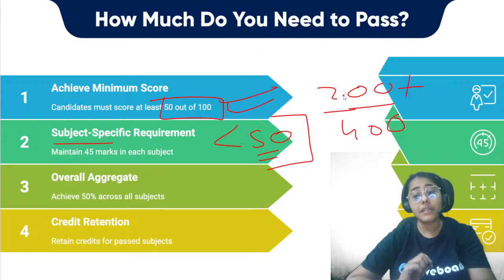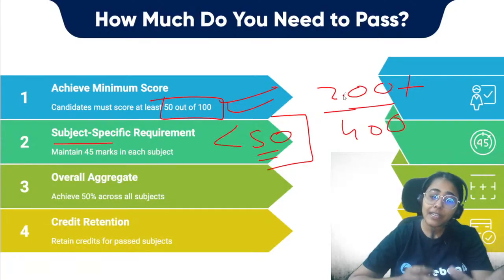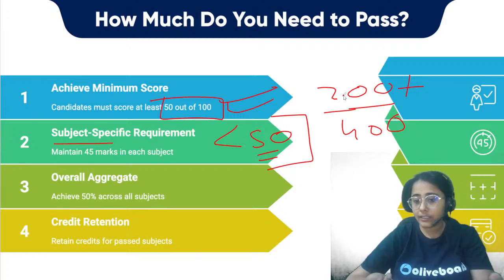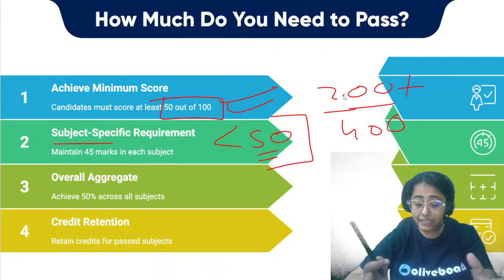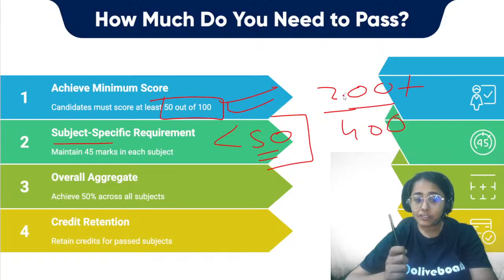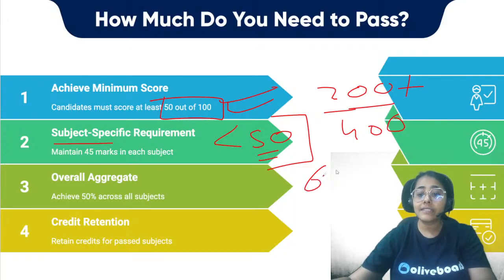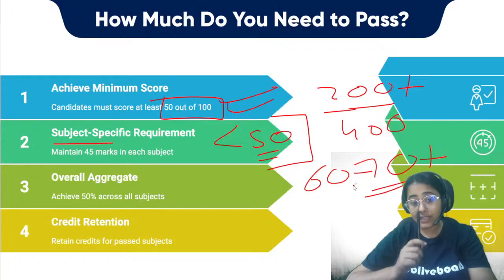And here, RBWM plays a very important role. It is your fourth paper, and comparing to your other three papers, RBWM is easy. Why? Because it is dealing with your daily banking. You are reading about NEFT, RTGS, credit cards, debit cards, mortgages. You're dealing with it in your daily banking life. So you can definitely score 60 or even 70 plus in your RBWM paper, and you can get the aggregate marks benefit, 50% criteria,